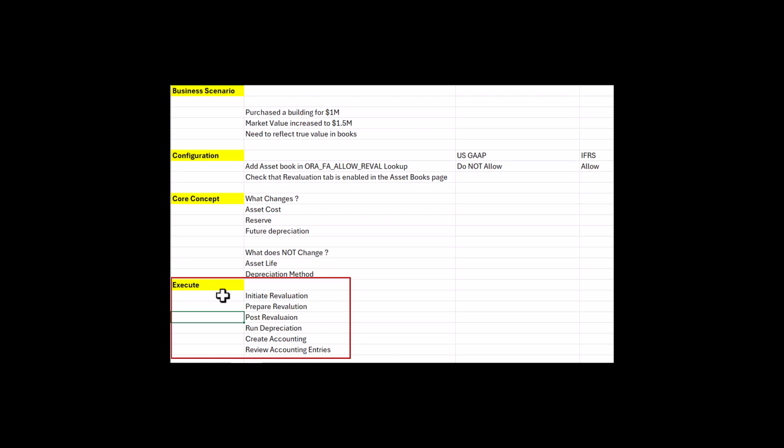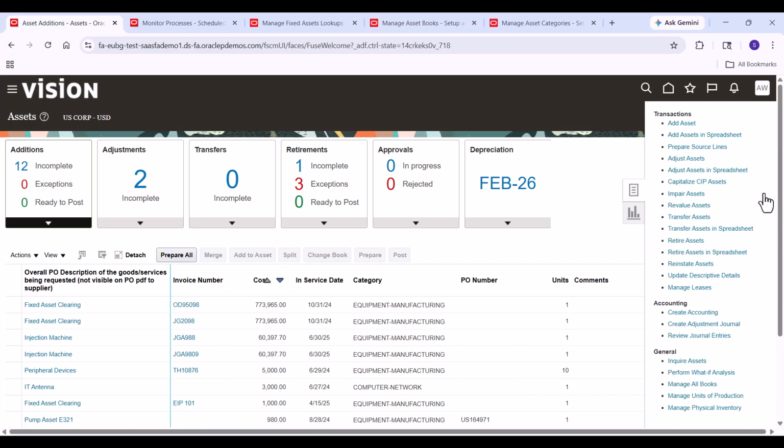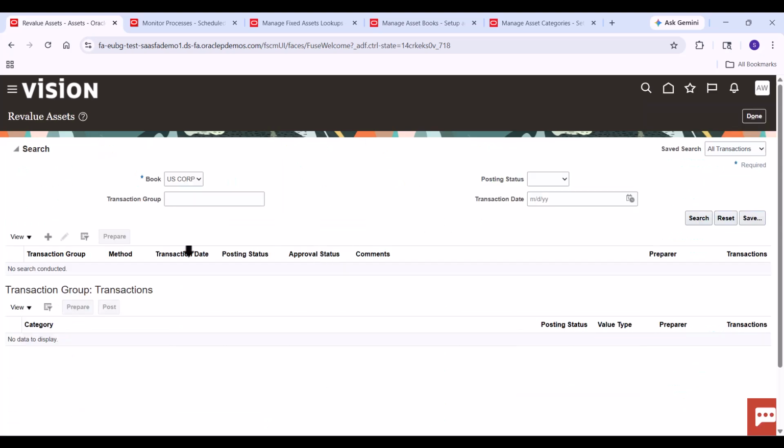This completes the asset revaluation transaction, but to understand its results, we will run the depreciation, create accounting, and we will review the accounting entries. Let us jump into the Fusion instance and execute this flow. Go to the fixed assets application, click on the task list, click on Revalue Assets, click on the create icon,